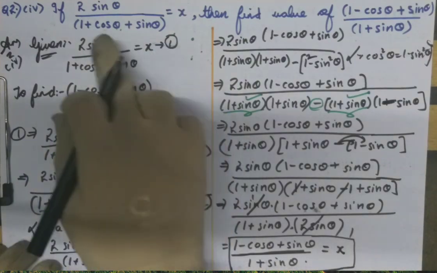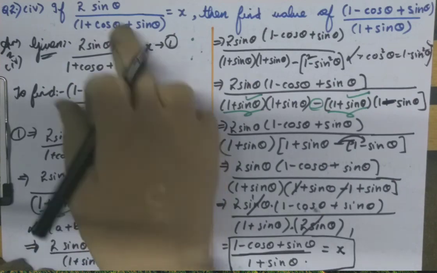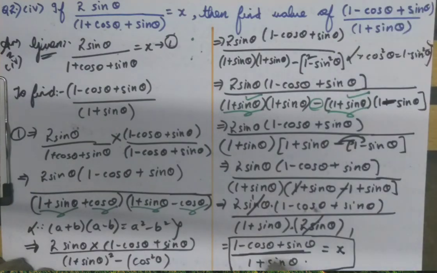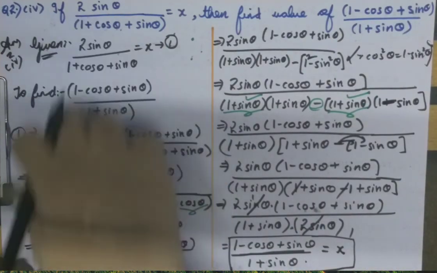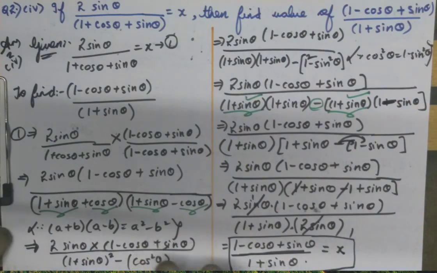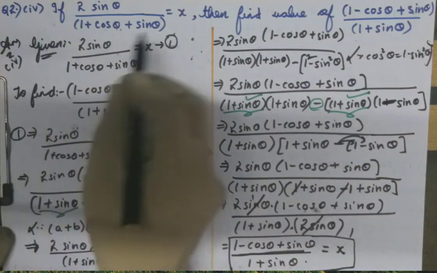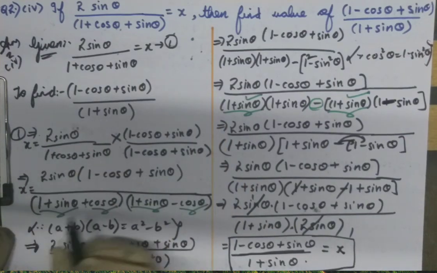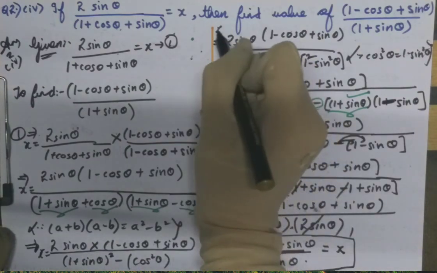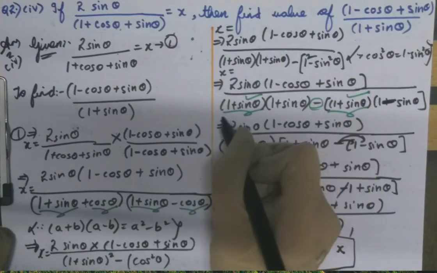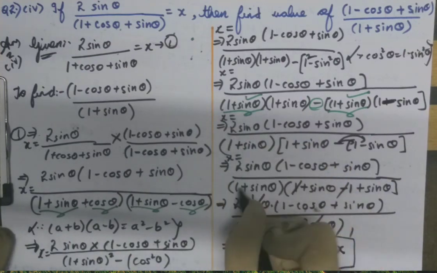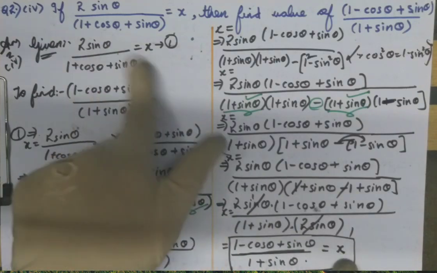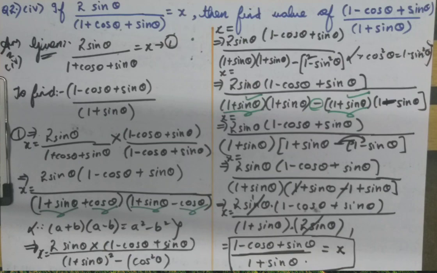That is, here we had x is equal to 2 sin theta by (1 plus cos theta plus sin theta), right? This whole was given as x, and this whole only we took and made it equal to this, and this is nothing but finally equal to x. Why? Because this whole only we took and did. Okay, so here we can write, we took the first condition. Remember, the first equation is equal to x. So finally this whole is nothing but equal to x, because both were equal and we took this and did. Okay, hope you have understood this video.